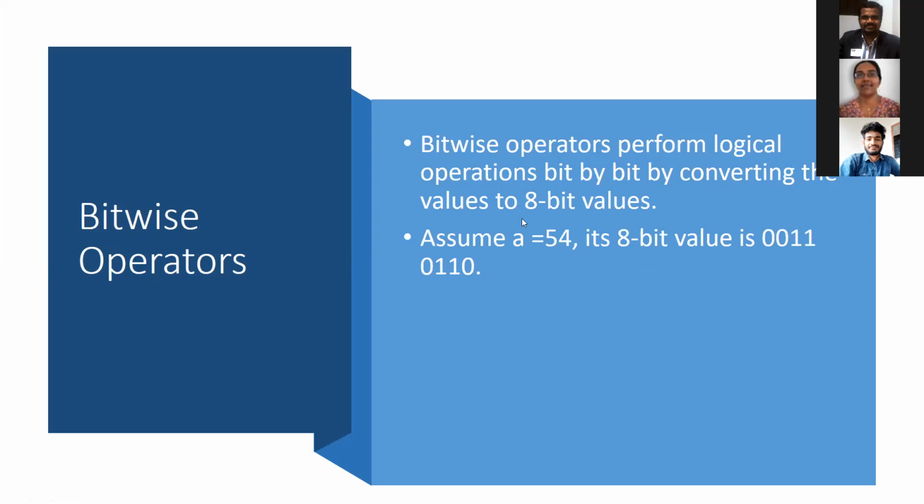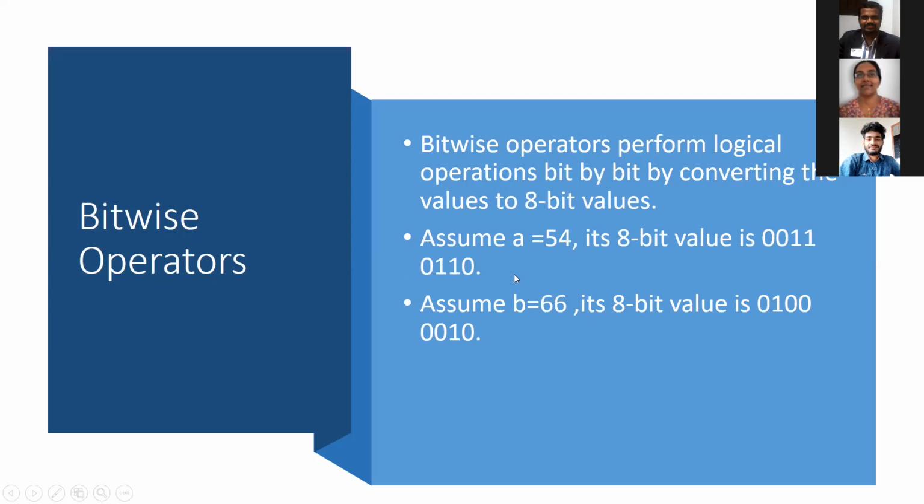So this number 54 has been converted to these 8 digits based on base 2. Similarly, you can see 66's 8-bit format is this. Now bitwise operators perform